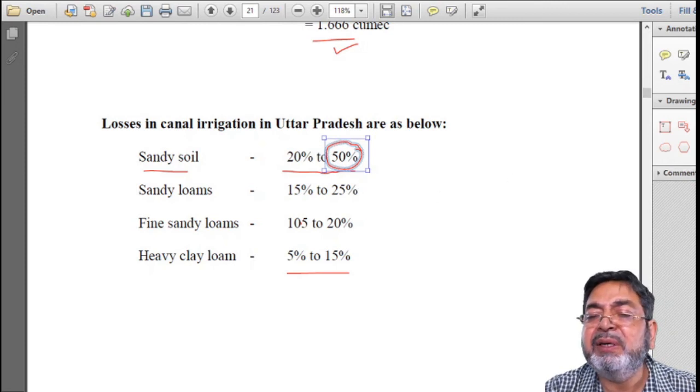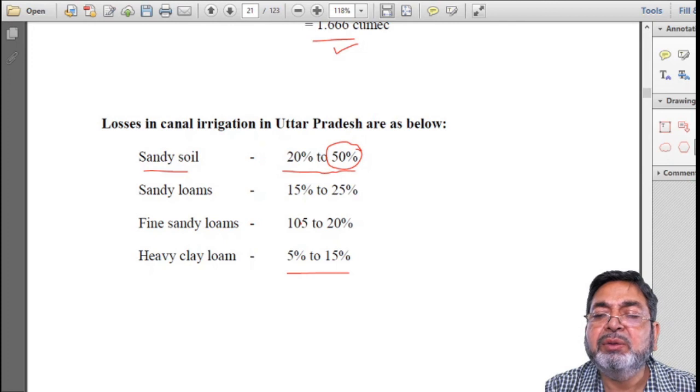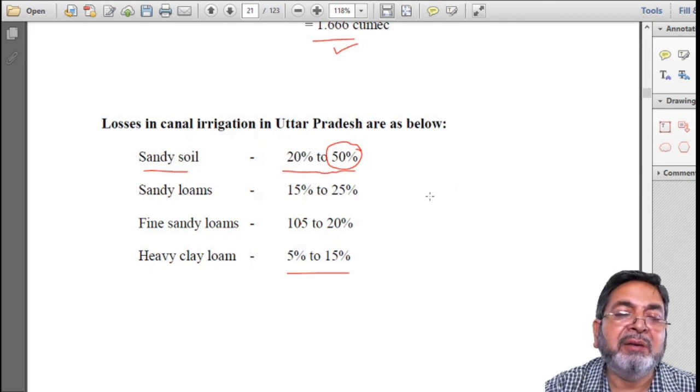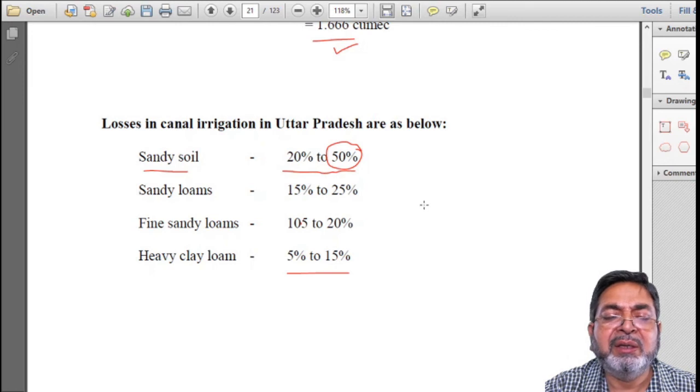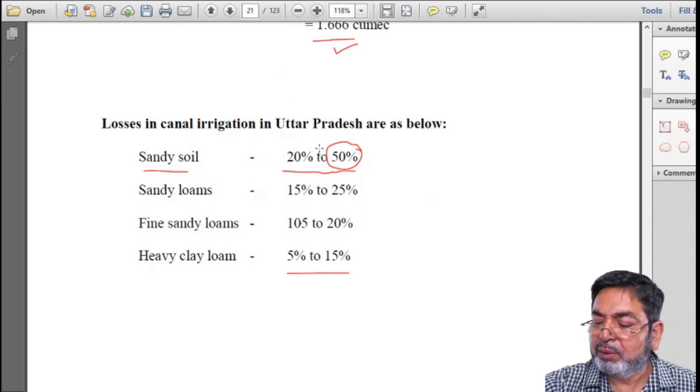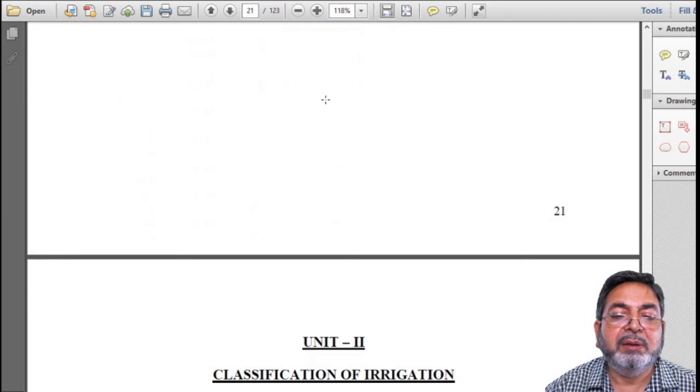Understand? Lining will be dealt in a separate lecture. There I will explain to you the different types of lining, the benefits of lining, and advantage and disadvantage. All these I will explain to you in that topic. But briefly, I have already told you that lining is the impervious covering of the surface of canal, the bed as well as side. They are being provided with some impervious material, so that the losses of seepage taking place in the canal are minimized. So this finishes this unit.